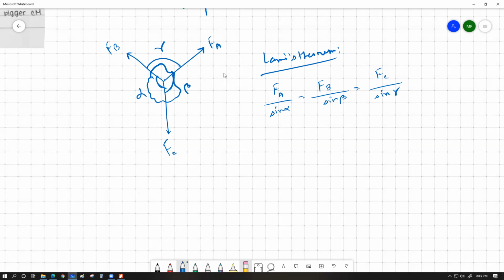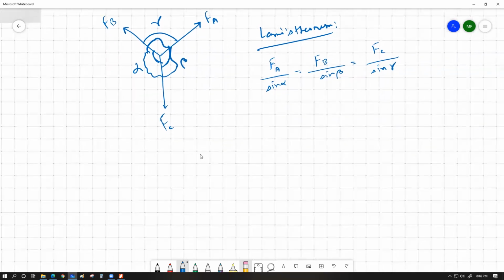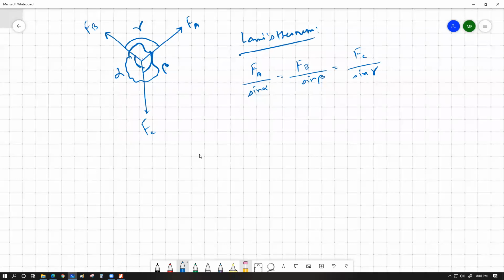If you wonder how this formula actually comes into existence, this is pretty simple. We can come up with this equation by the very basic sine rule of a triangle. How can we do that? If we go ahead and draw these 3 forces in a triangle with appropriate scale and angle. In this case, I cannot actually go for the scale, so I'm going to rely more on the angles. So let's say I'm going to draw FA in this direction,